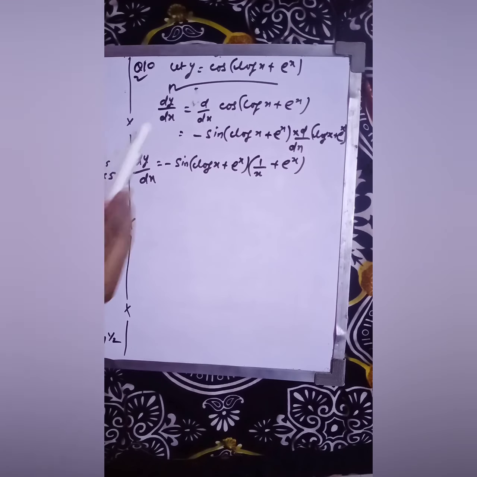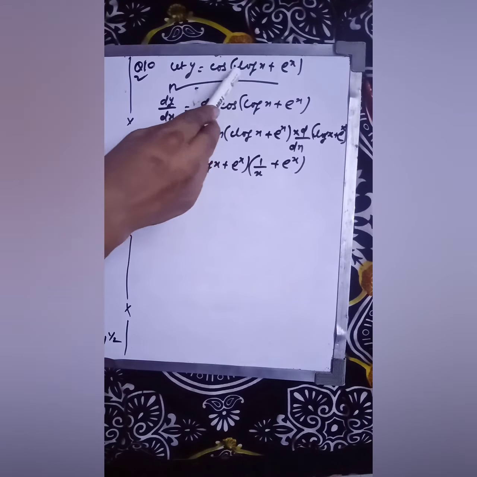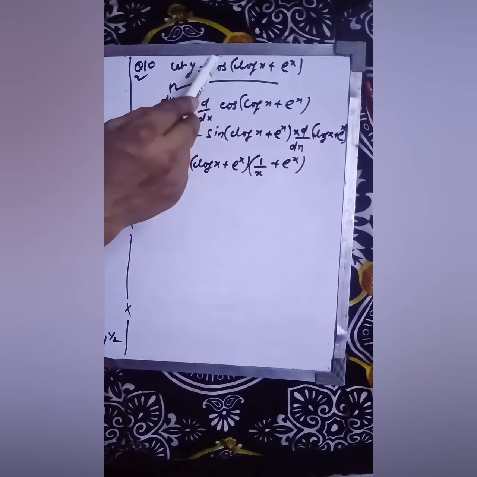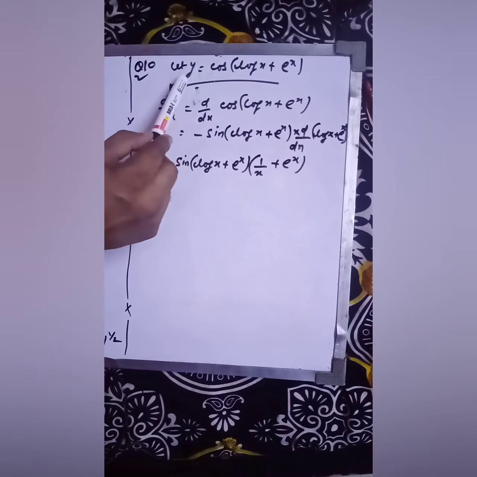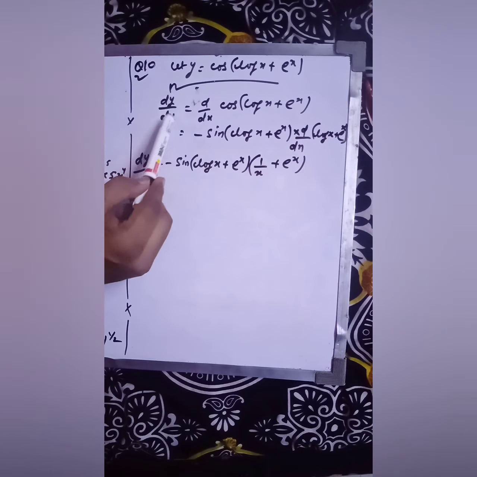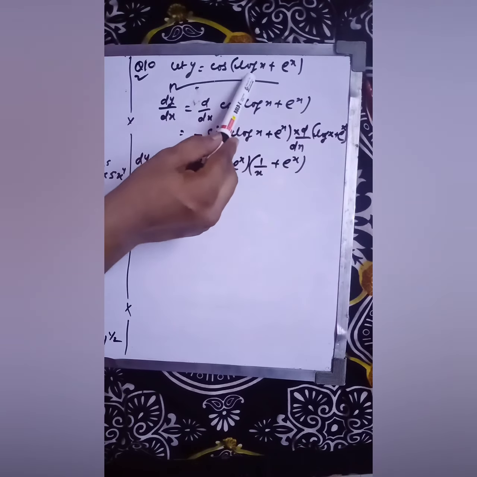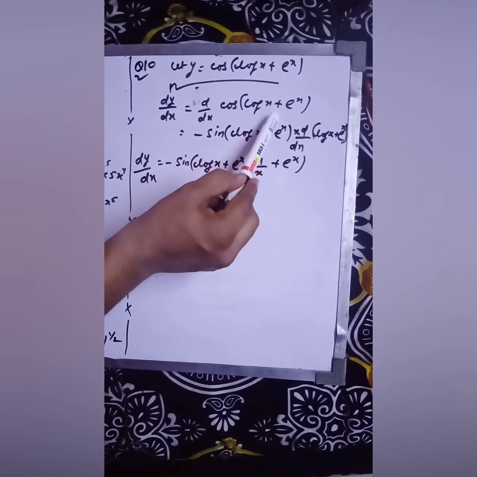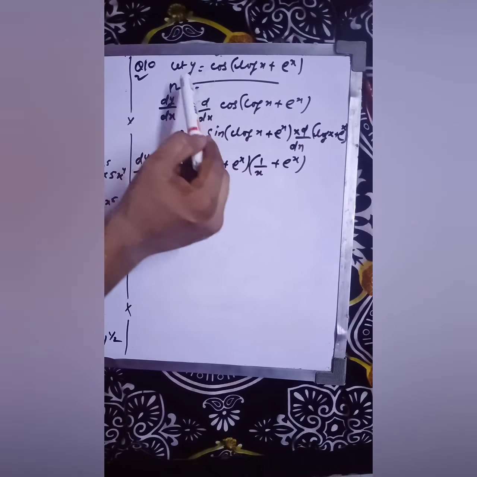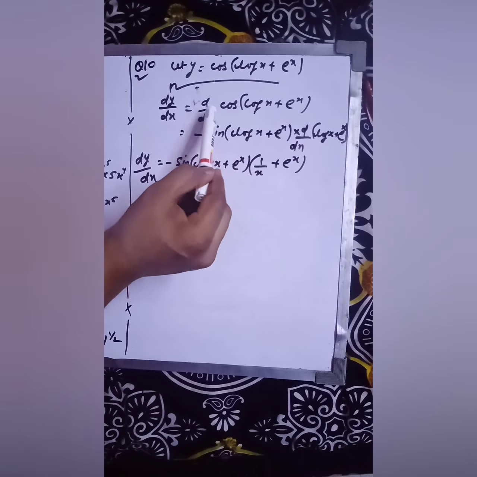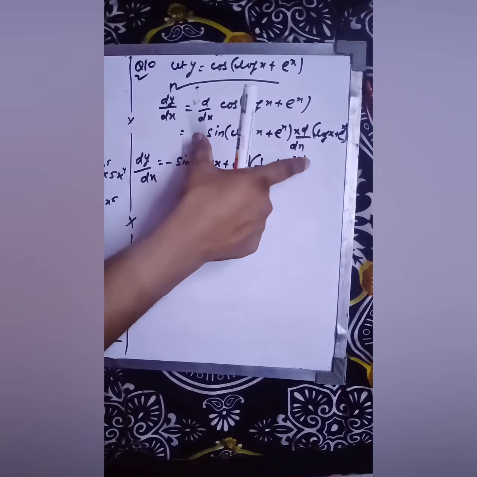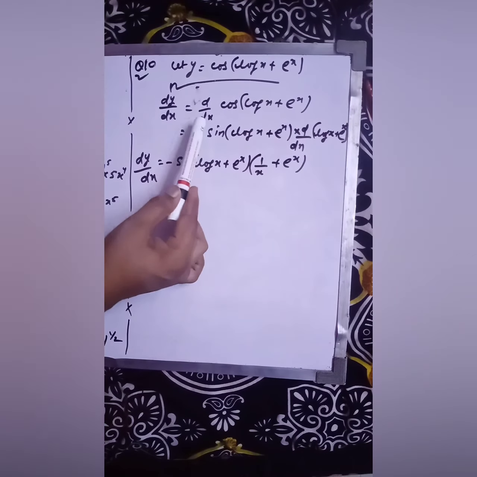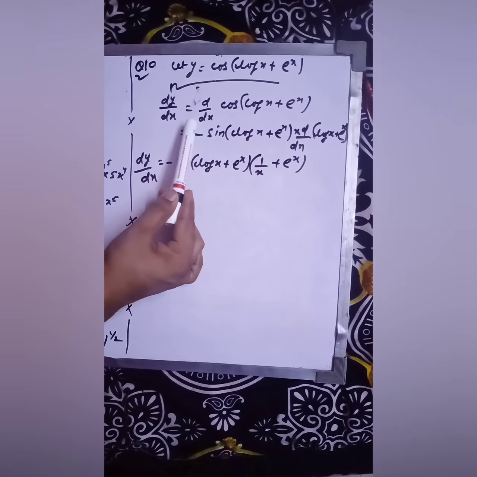Okay, now here this is given to us, log x plus e raised to the power x, it is in the angle of cos, so I'm assuming that it is equals to y. So here dy by dx is equals to, differentiating both sides, so you have to write the derivative of this. Okay, or you can directly find out the derivative. Here I'm showing it now, but you can directly find it out. No need to write this step, directly you can solve this. But if you write this, that is better as compared to the previous one.